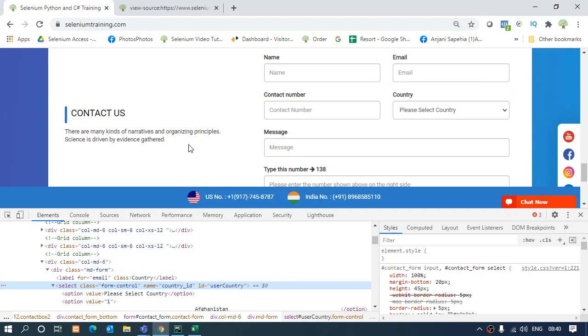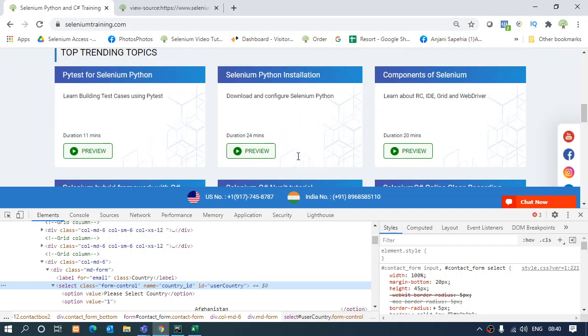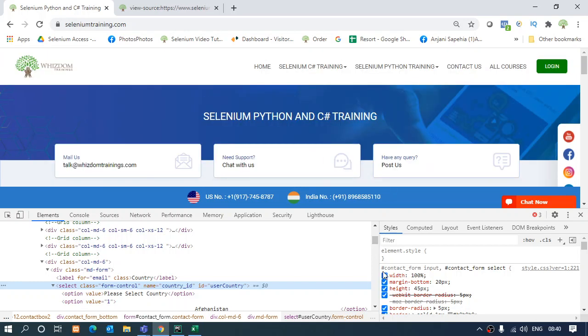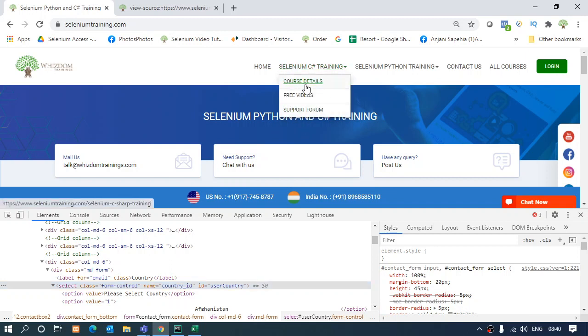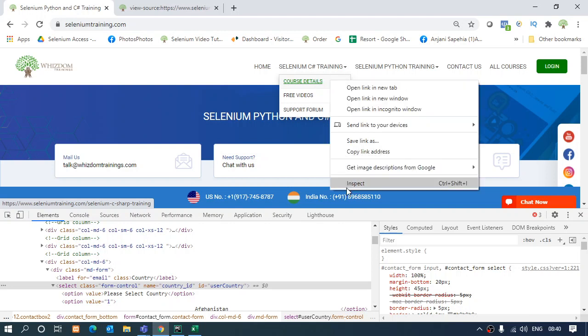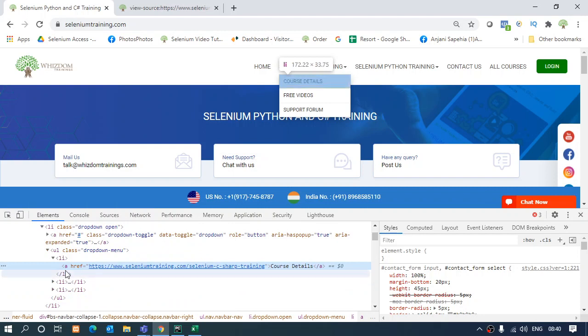If you see any drop down on the page and it does not have the select tag, it's not a drop down. I'll show you over here on this page as well. We have seen the drop down below, right? Over here also I have the same kind of structure, just the options are fewer. I just have three options over here. If I inspect this, what I get is a link.